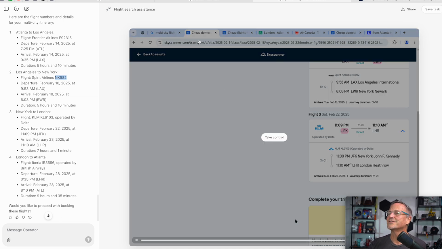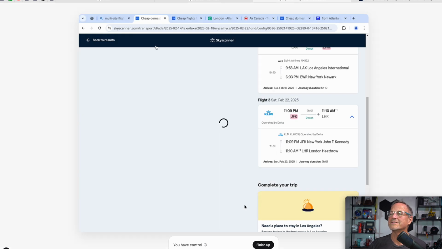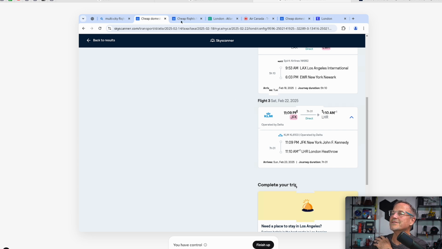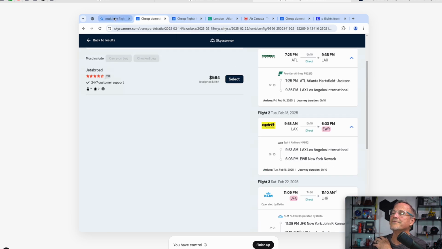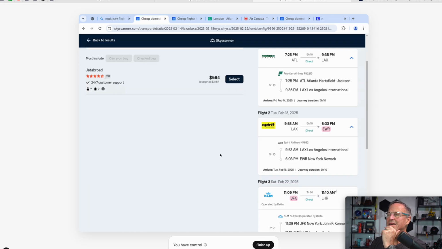It's interesting here. I'm trying to look multi-city flight. Let's see. This is open browser screenshot. I'm just going to see if I can take over and take a look at what's going on here. So cheap flights, multi-city flight, Skyscanner. Okay, that's not helpful. So clearly it got a little bit beyond its capabilities, because I can see here that